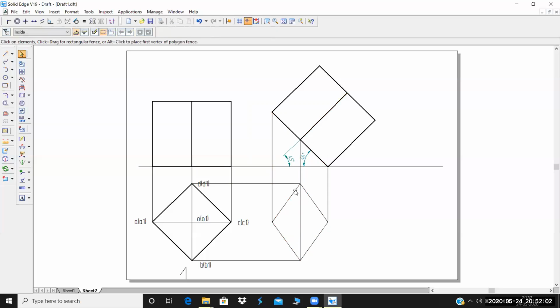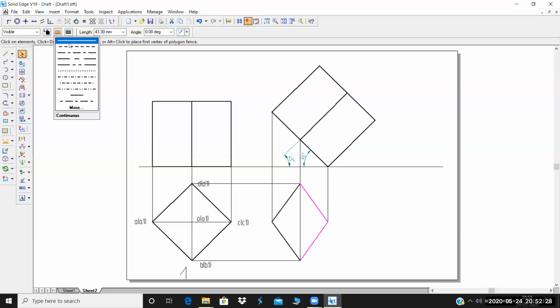Now we are just projecting the bottom face here. So just change it to 0.5. Now tell me, similar to the previous problem, when you're seeing from the top, you can only see these two edges here. This line you can see, only this point and this point will be visible. Since it is resting on this particular point, the other two sides will not be visible. So these two lines will be dashed lines. You have to imagine this. These two lines will be dashed because it is resting on this particular corner.